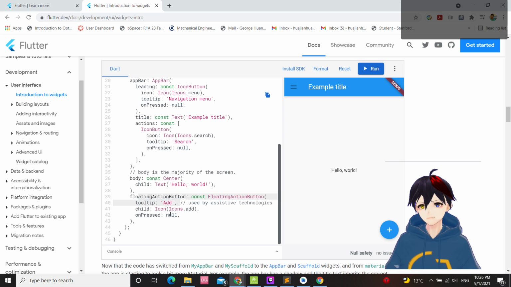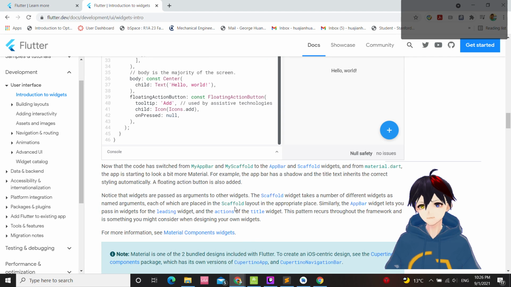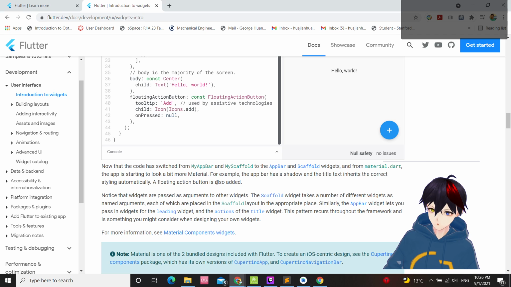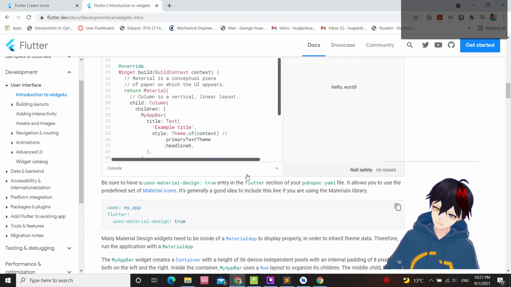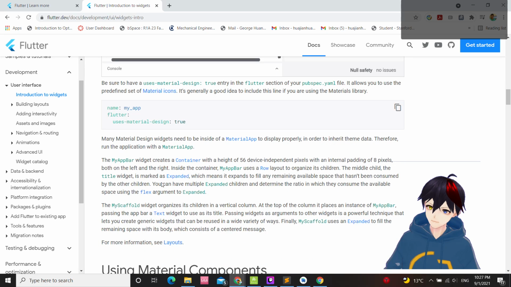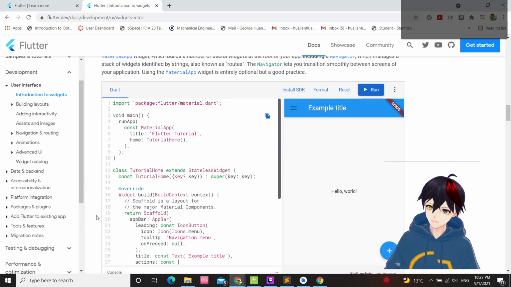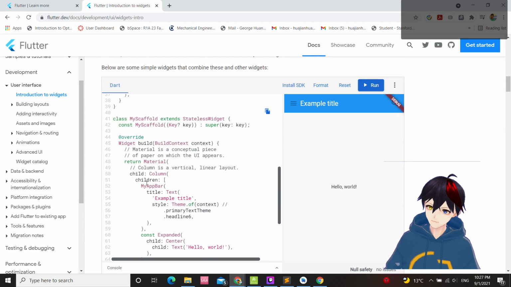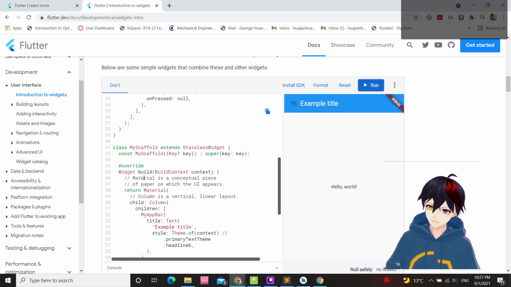There's nothing. Oh, what was it doing? A scaffold. I was just using the default one rather than writing a personal one. It's kind of implementing it here.